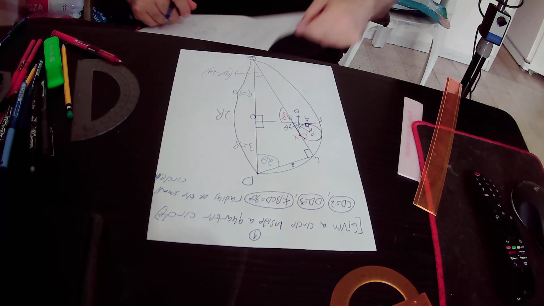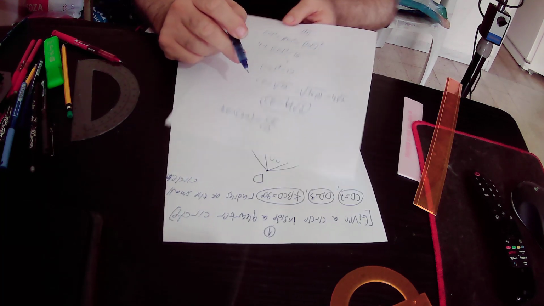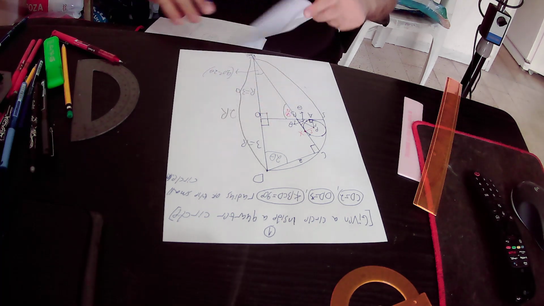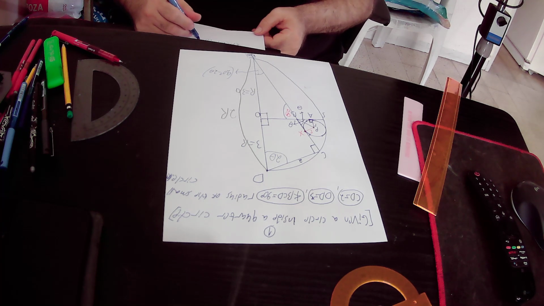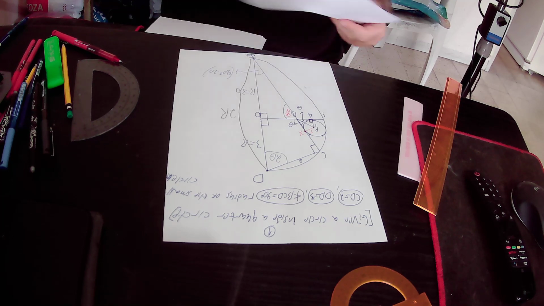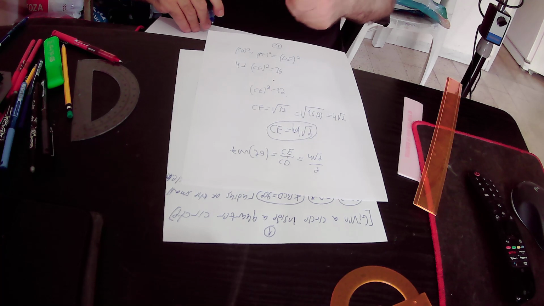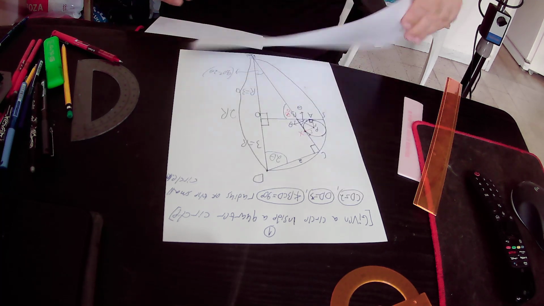But we have already found out that CE equals 4 times root 2, and CD equals 2 units. So we can write down that tangent 2 theta equals 4 times root 2 over 2. 4 over 2 is 2, so in total